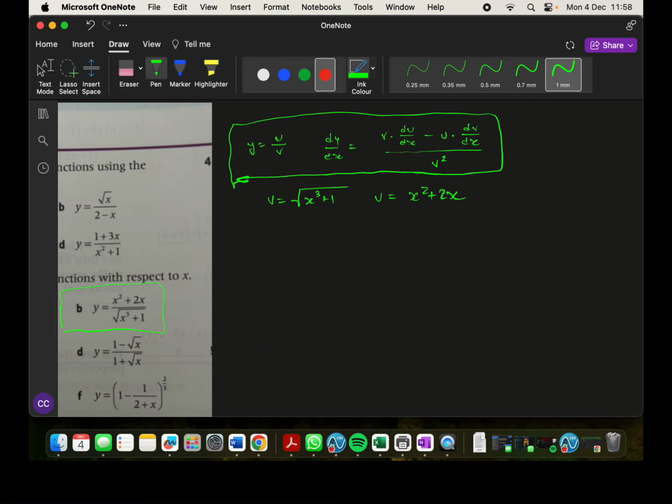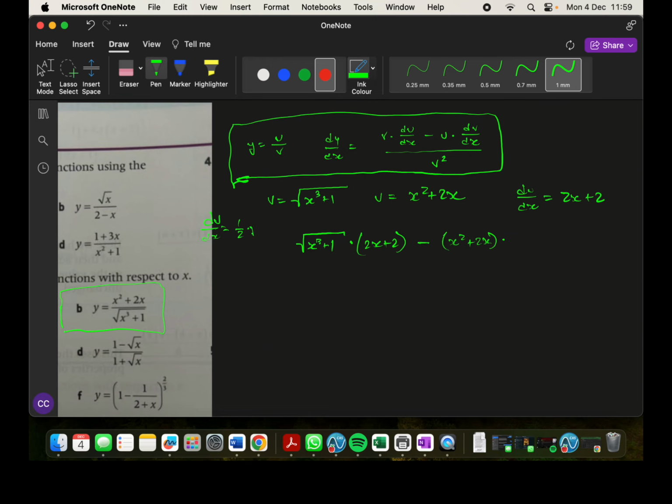So doing this would turn into x cubed plus 1 times the derivative du dx, which is 2x plus 2, times 2x plus 2, right, minus x squared plus 2x times, well, the derivative dv dx is going to be 1/2